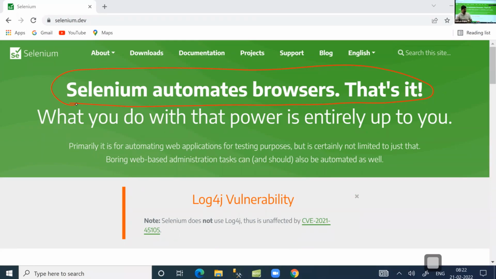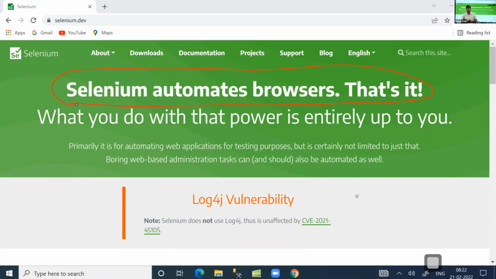Selenium automates browsers, that's it. Only to work with browser-based applications, meaning web application testing, we use the Selenium free API for Java. It is a free API for Java which can be used to test browser-based applications, web